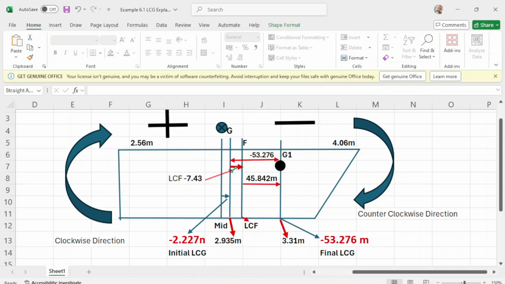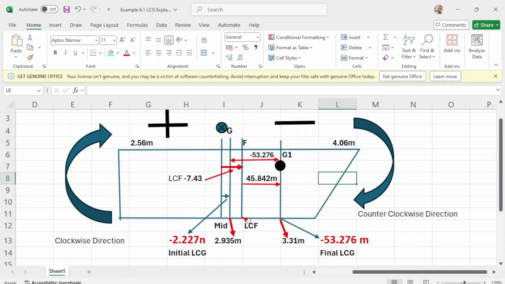I'm sorry, this is from mid. Okay, from mid going to the center of rotation. This is your LCF, which is 7.43.